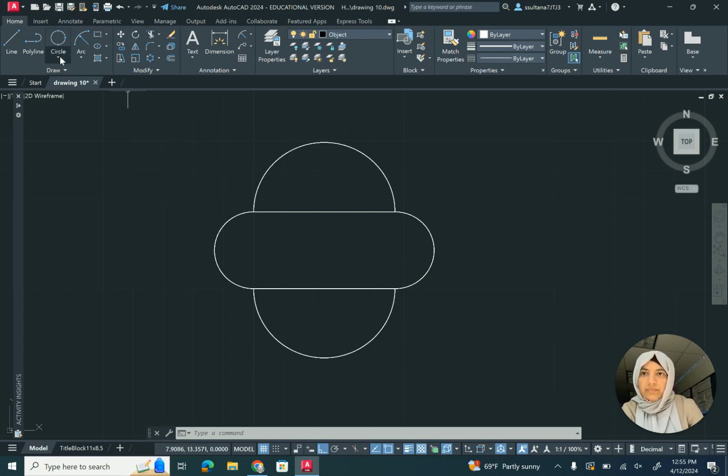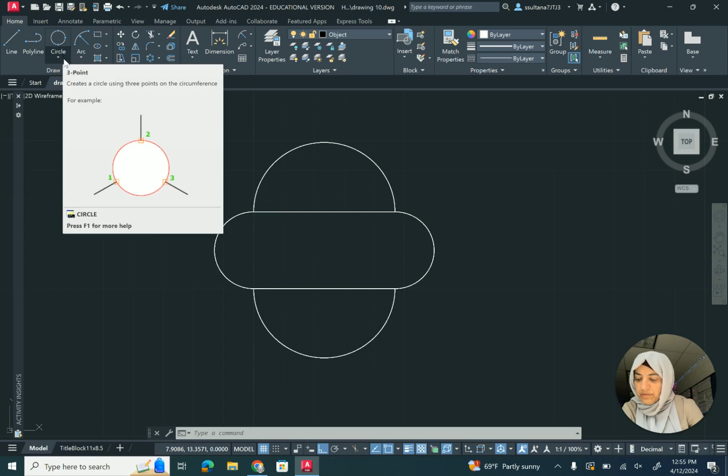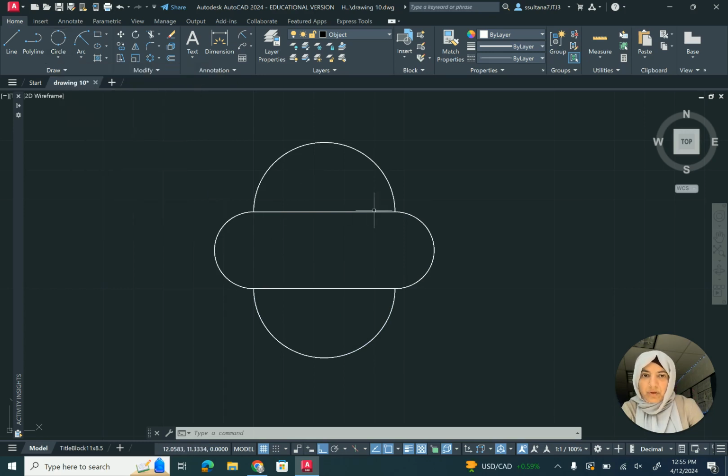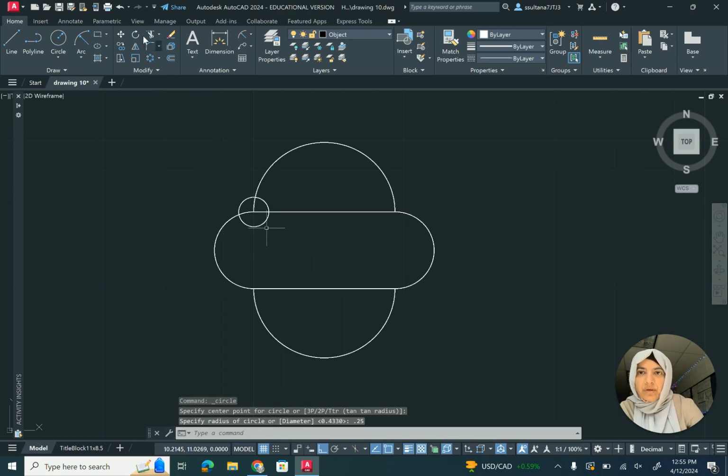Now there are small circles. They are at from this point 0.6 up and 0.6 to the right. So let's choose the circle with the radius this time, because radius is given, and we're going to start right here. 0.25 is the radius. Now use the move command, select the circle, right click, select the center of the circle